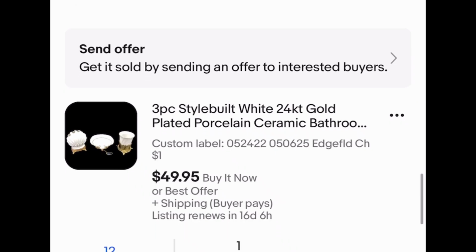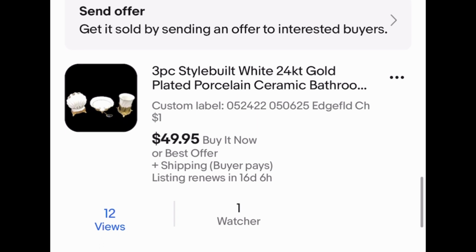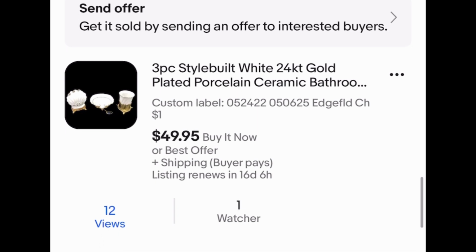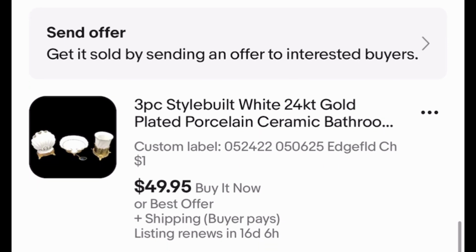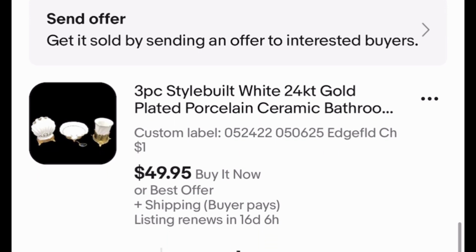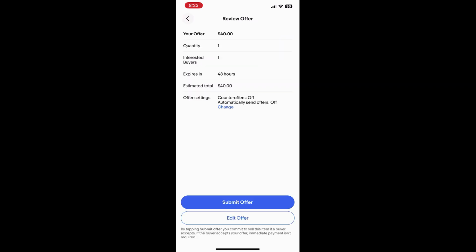And done. This 3-piece style build 24 karat gold plated and porcelain bathroom set. Toothbrush holder, soap dish, and cup holder, if anybody uses those toothbrush holders anymore. I have it at $49.95. Listed it in May of 22, and I don't know why it says 5/6/25 there. That's not possible for when I bought it, but oh well, I made a mistake. No big deal. Anyway, I have it at $49.95. This is when I try to take $10 off, so I'm sending a $40 offer, turn counter offers off, submit,